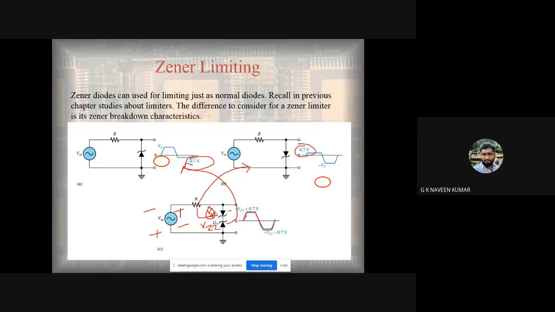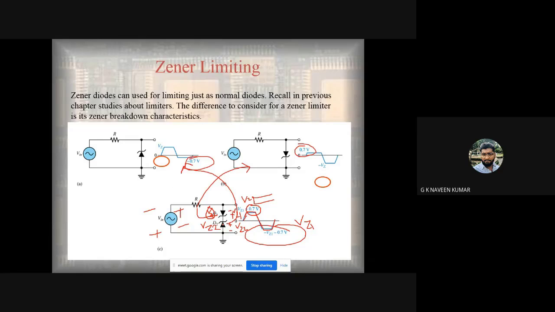This is the anode. This will be minus and this will be plus. This is VZ1. VZ1 will be like this. And coming to here, it will be plus minus. This is VZ2. This VZ2 occurs only during the positive half cycle. Plus 0.7 will appear across this, and here you will get minus 0.7 for VZ1. This is VZ1, and this is VZ2. This is how you will get the waveform.